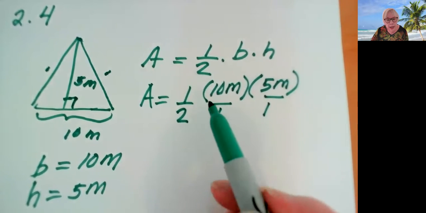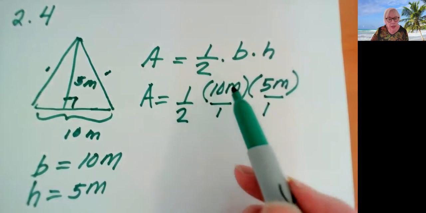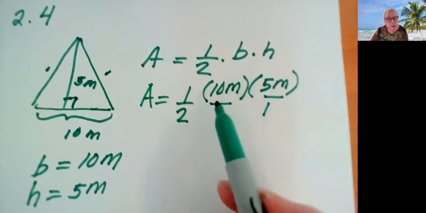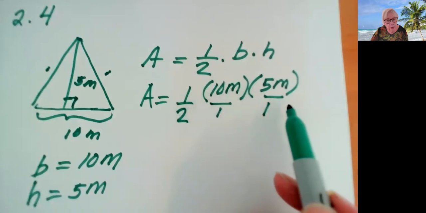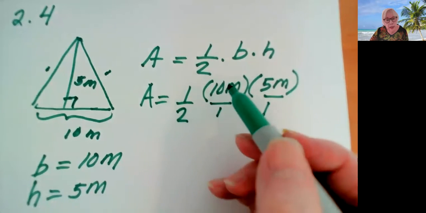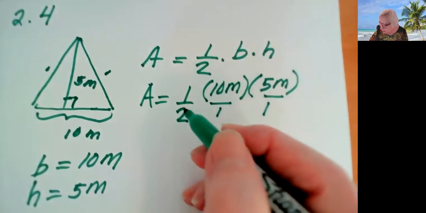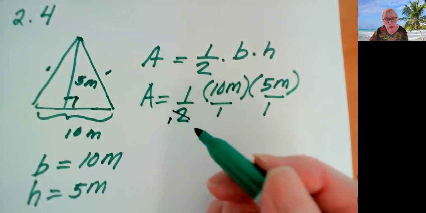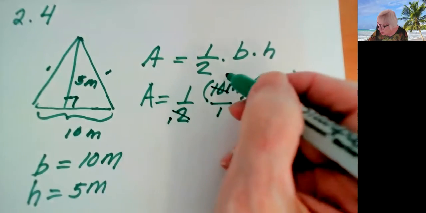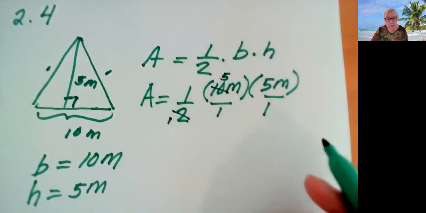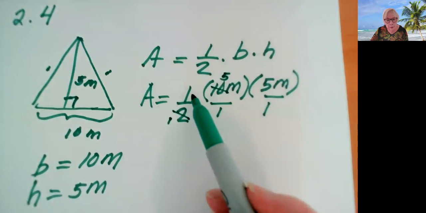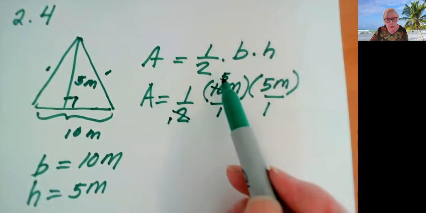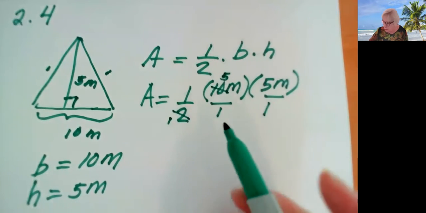And so what we have is 1/2 times 10 times 5. And so you can reduce this here in the problem. So 2 and 10 are fair game. So 2 into 2 once, and 2 into 10 5 times. So what we're left with for numbers is 1 times 5 times 5,